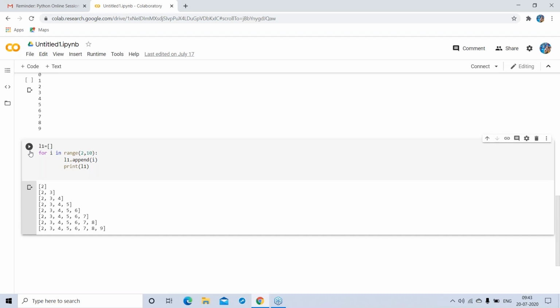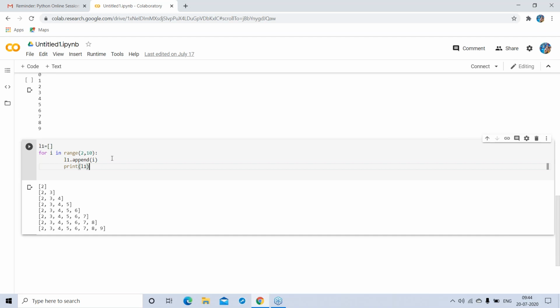So in your statement, you wrote this for i in range, right? This is fine. Append is also fine. But whenever you print this L1, L1 is outside this block, and you print it inside.